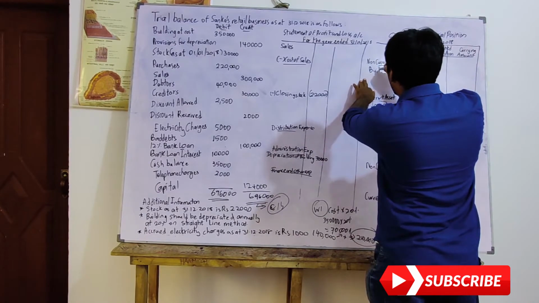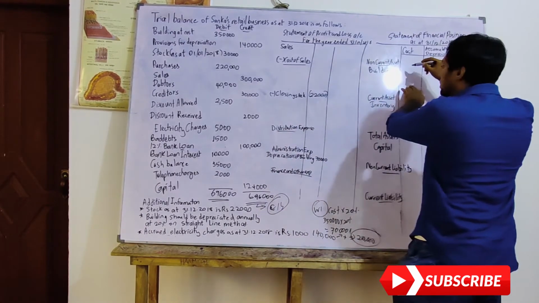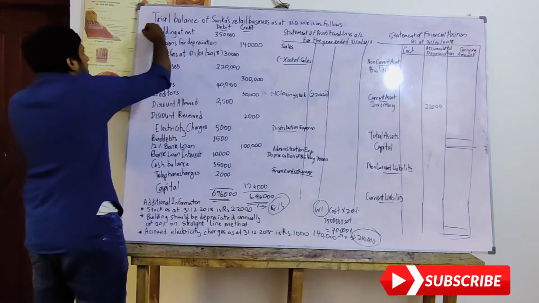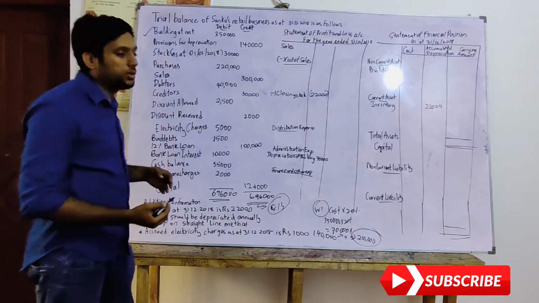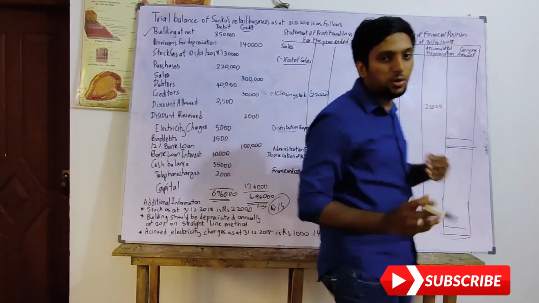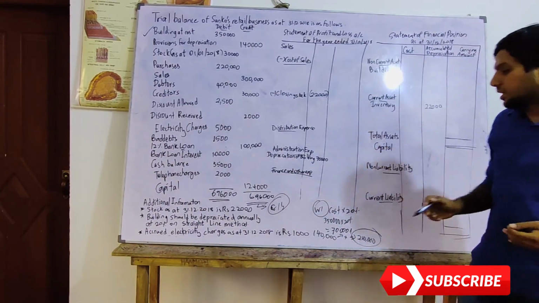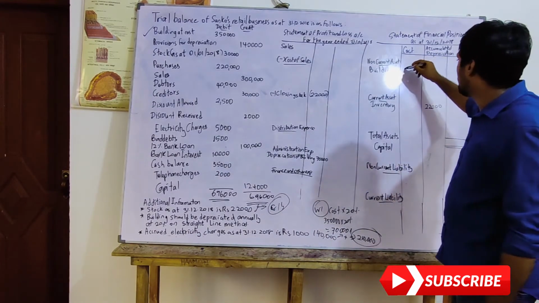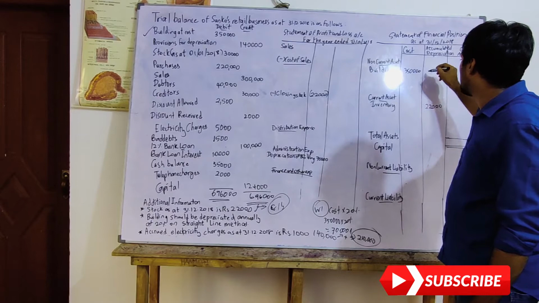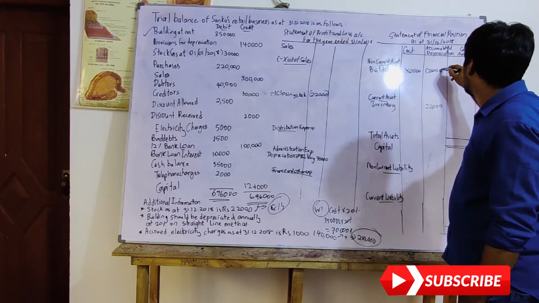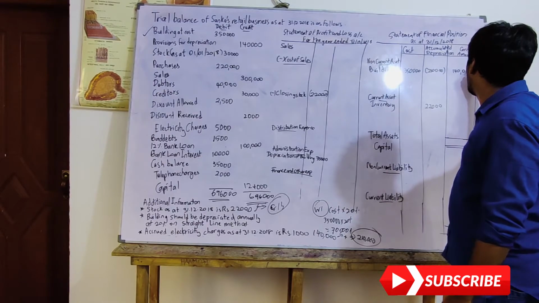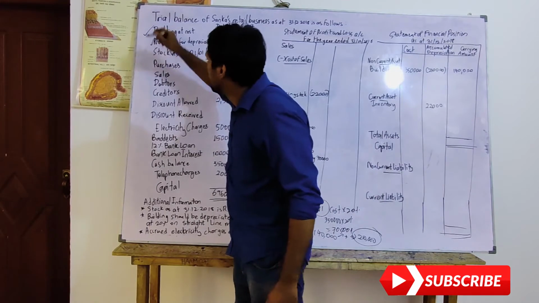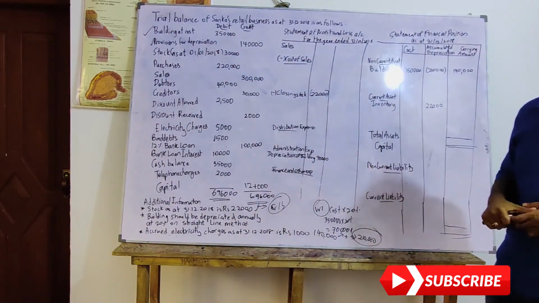So let's finalize one by one. Building. How much do I have here? I have 350,000. Whenever you do a sum in the exam, always put a tick that you have done this sum, so the examiner knows that you have taken those values onto the paper. It will make your time much easier to manage. So building is 350,000. I'm going to deduct 210,000 and I will get 140,000. So we have done with building at cost and provision for depreciation. Our basic adjustments on these two additional pieces of information are almost completed.